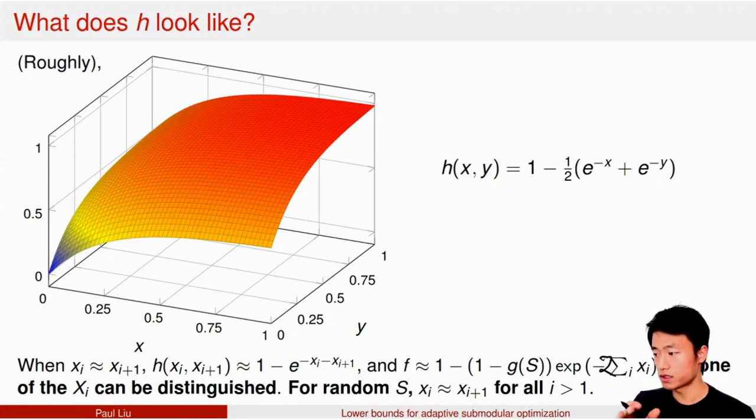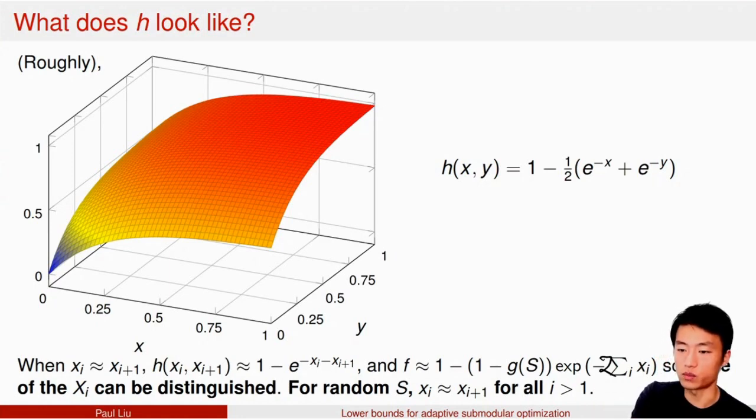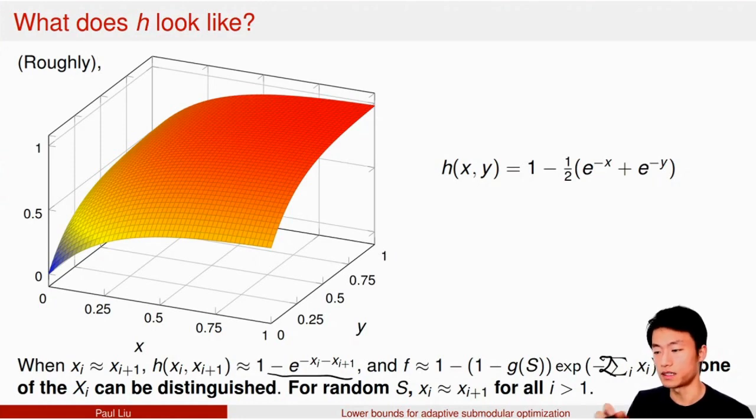If we choose the sets x1 to xr and x star totally at random, then no matter what query the algorithm issues, it'll be roughly equally partitioned among the sets, unless the algorithm knows the elements in the layers themselves. So for all the layers that the algorithm doesn't know, we get this equal partitioning, and then we get the case where h of xi plus 1 is 1 minus e to the sum, which gets us this